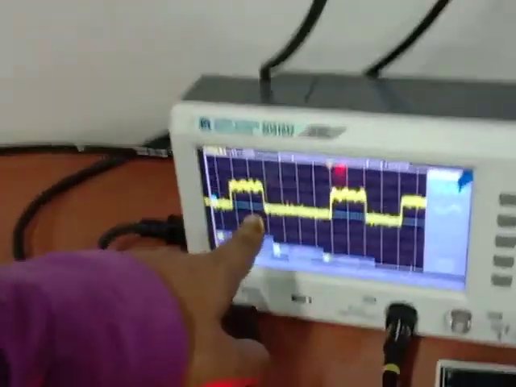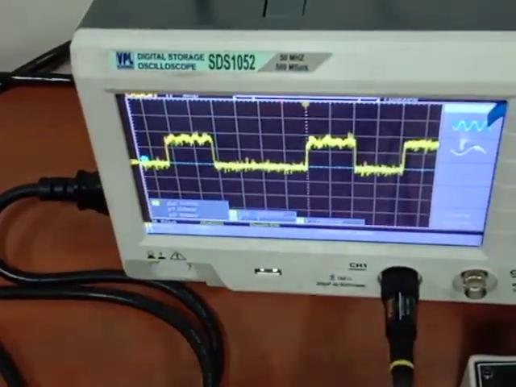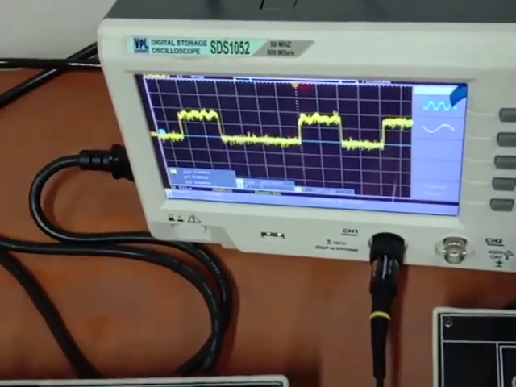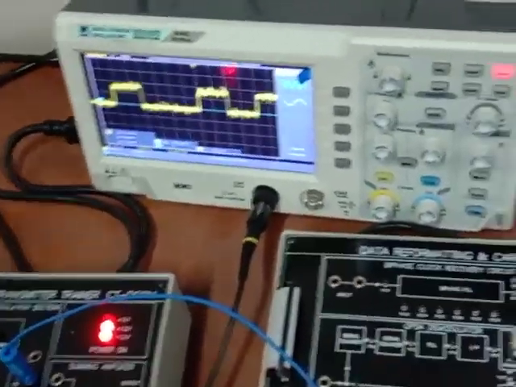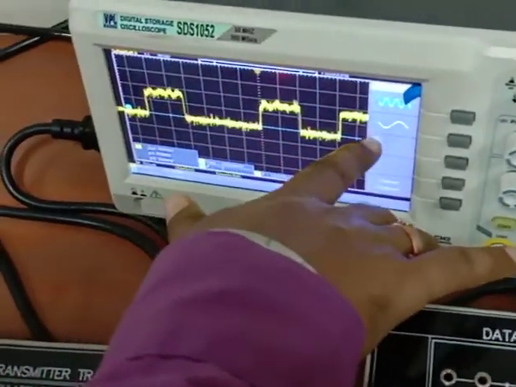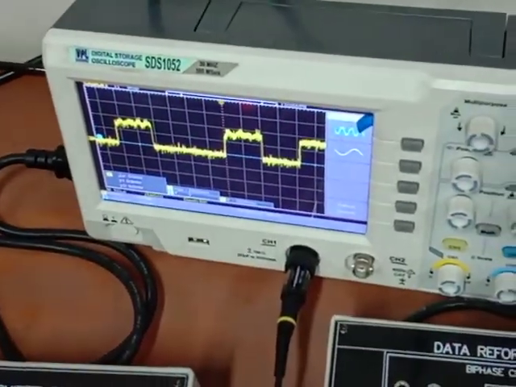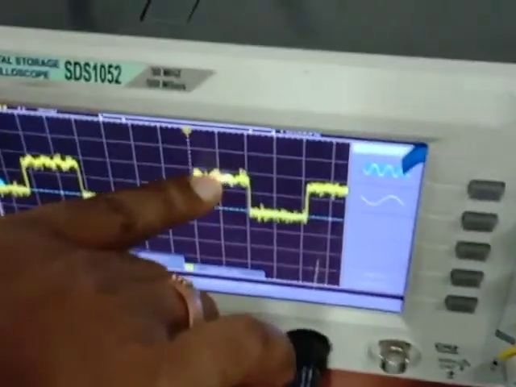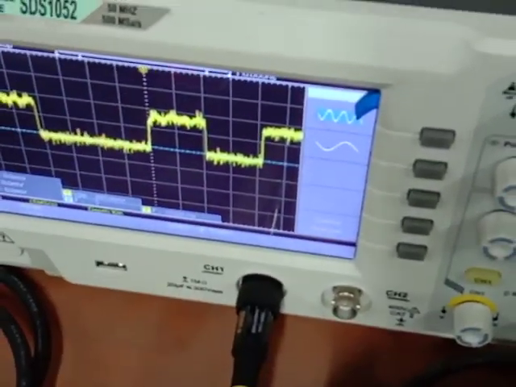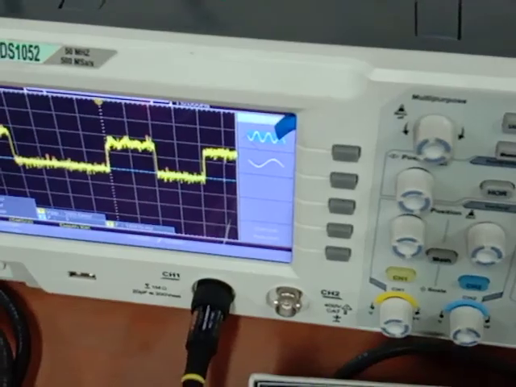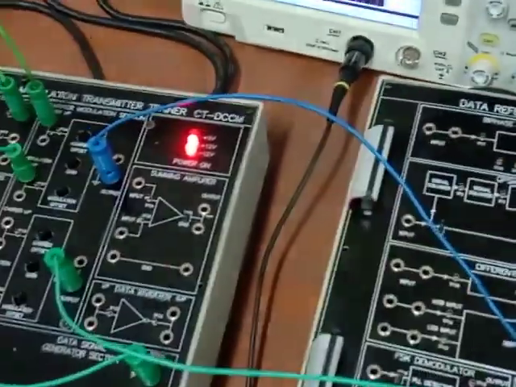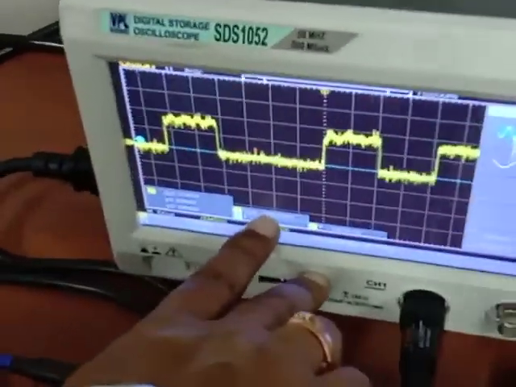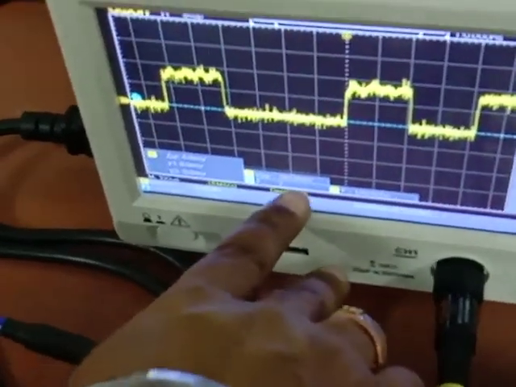We will get this output as the demodulated output. We should get the output like the message signal, but due to some noise we get this type of output. This is not a sharp line, and this is the presence of noise. We can see that if we do not use the filter, the noise is much higher than this value. Now we have to collect the amplitude and frequency of the demodulated signal.